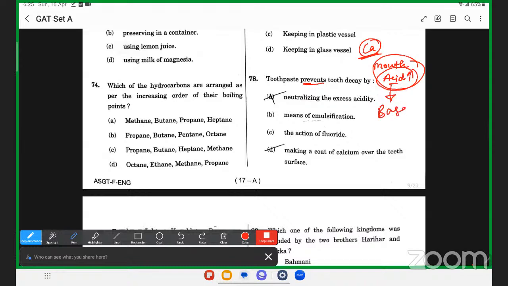एसिड को न्यूट्रलाइज करने के लिए हम यूज कर सकते हैं बेस। तो जो हमारा टूथपेस्ट होता है उसके अंदर बेसिक मटेरियल प्रेजेंट होता है या बेस प्रेजेंट होता है। तो जब आप टूथपेस्ट करते हैं तो माउथ के अंदर जो एक्सेस एसिड प्रेजेंट है उस एक्सेस एसिड को ये बेस आपका क्या करता है, न्यूट्रलाइज करता है और टूथ डिके को बचाता है। तो 78 का ऑप्शन ए होगा।